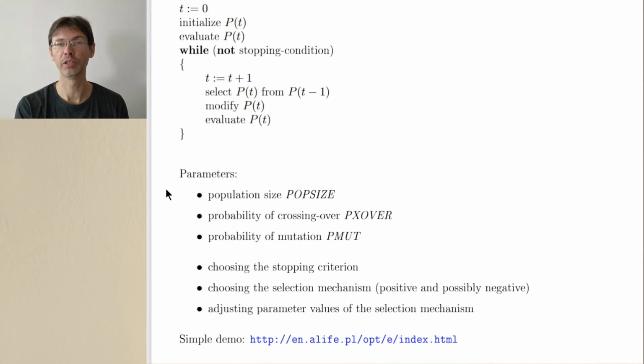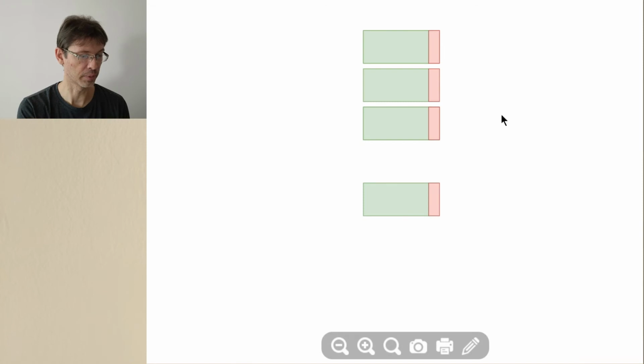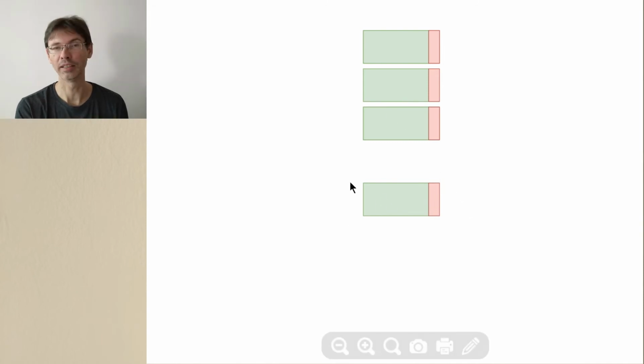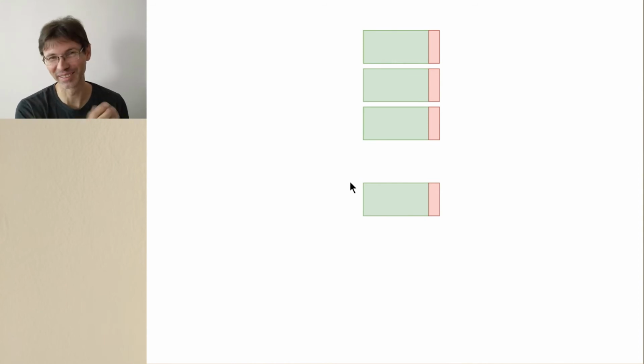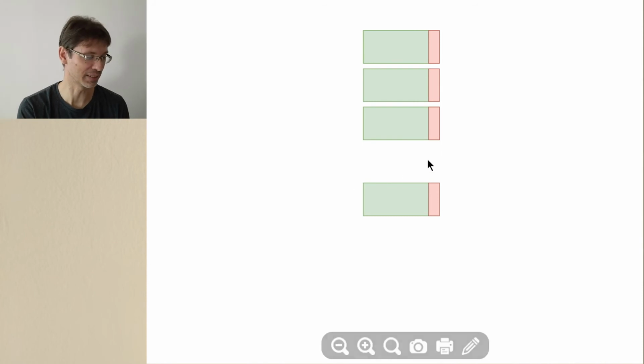This algorithm can be used in two architectures, and one is called steady state and the other is called generational. What's the difference? Have a look. This is our population of solutions, and this green part or greenish part is the actual solution encoded, for example, zeros and ones. This is a vector of zeros and ones, different for every individual. This is a single individual. I say individual and it's the same as a solution. But we are speaking about evolution, so we often say that solutions are individuals. We sometimes also say that this is a genotype.